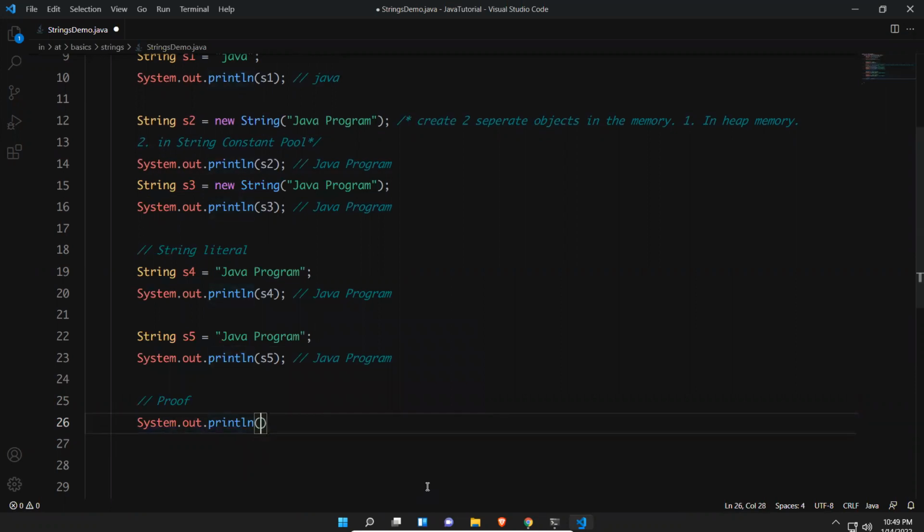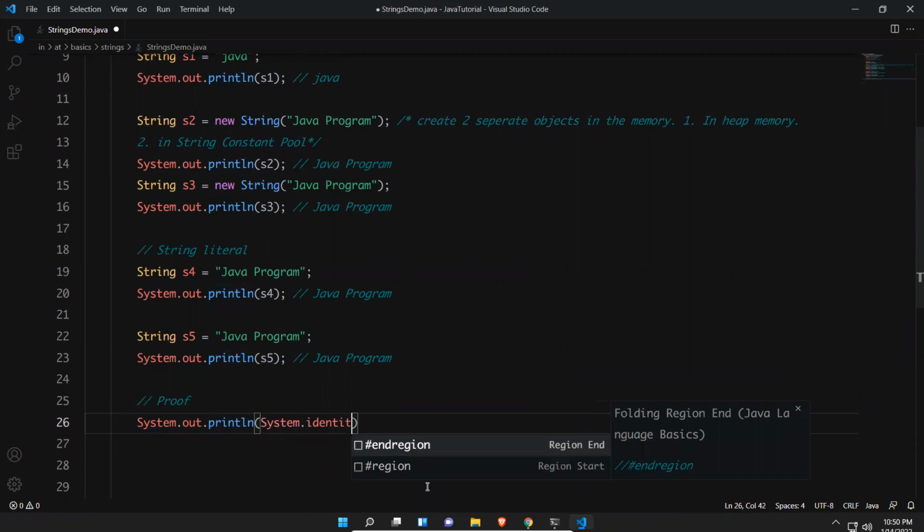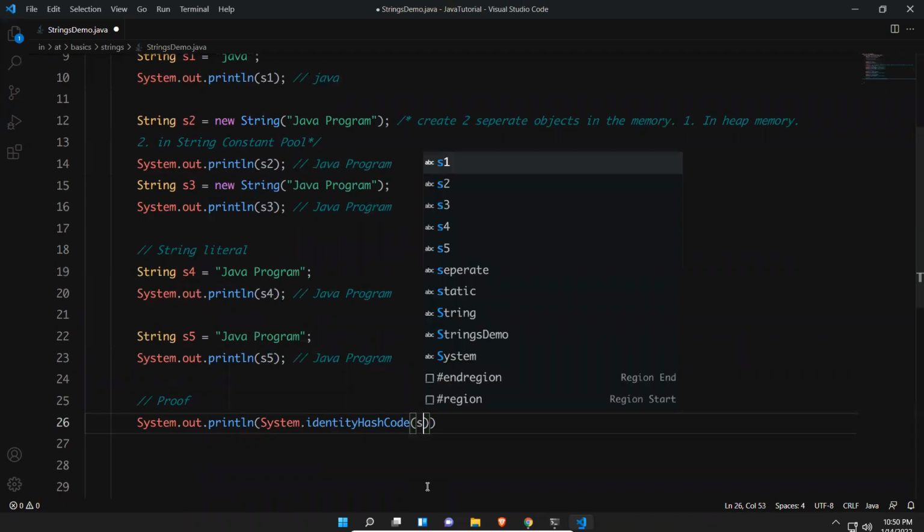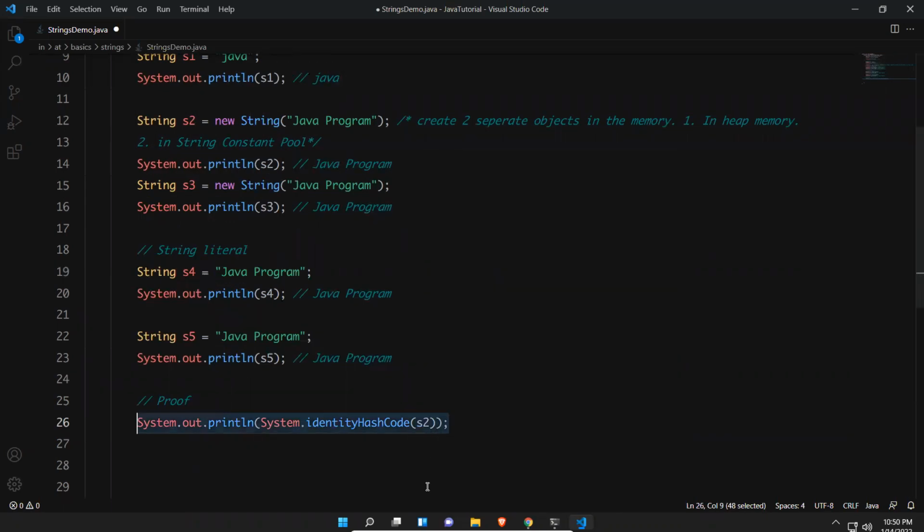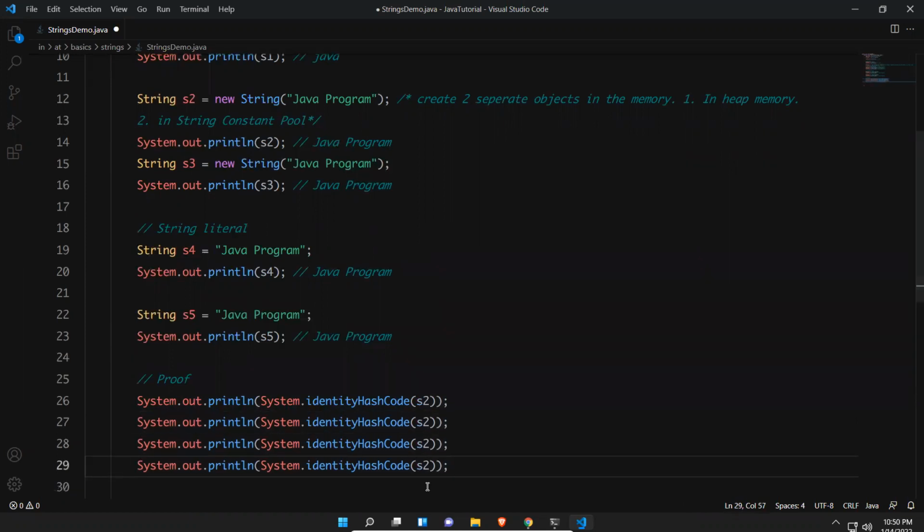Here we have one of the methods in the System class, System.identityHashCode of S2. This is using a new object. So what happens internally is that for each and every object it will create a hash code, so each and every object will have a unique identity hash code.